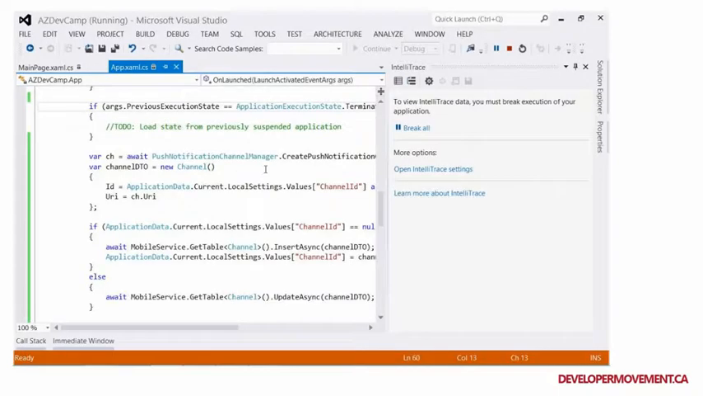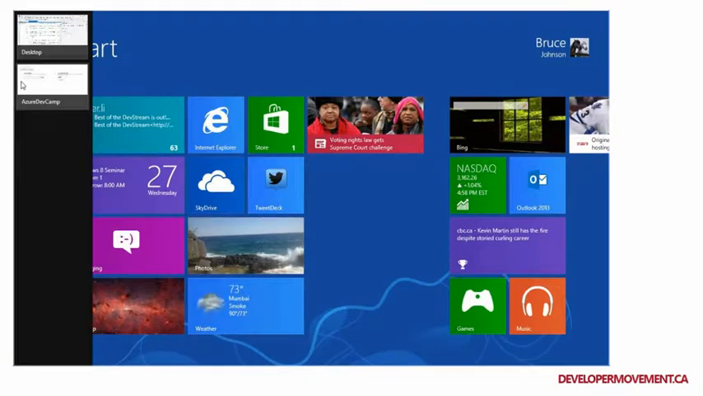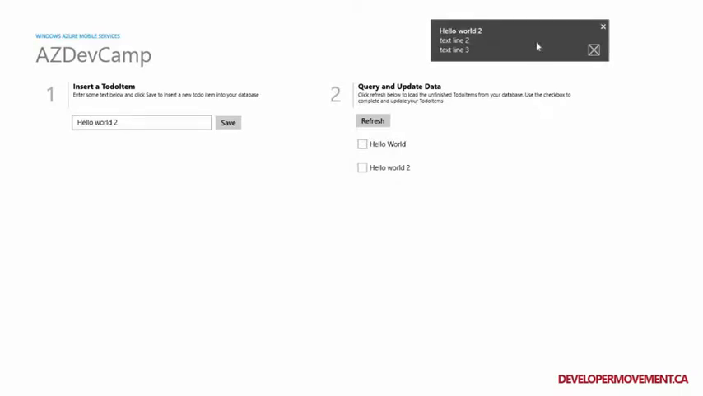So back to my application. There it is. I'm going to type in an item, save it. There is my toast notification, exactly as you would expect. The text was there, text line 1, text line 2, exactly as we promised. Okay, so we were able to actually have that notification come across, and we were able to have it appear